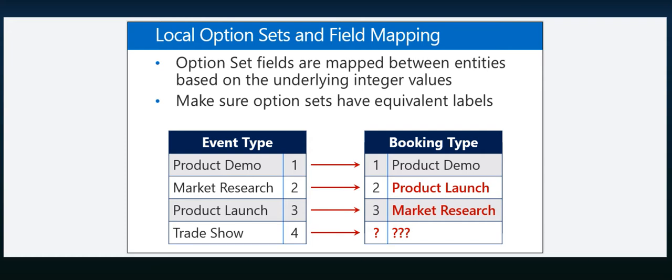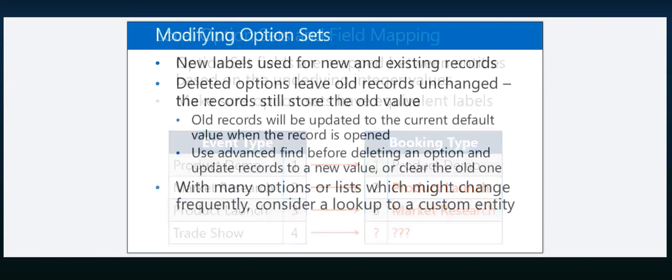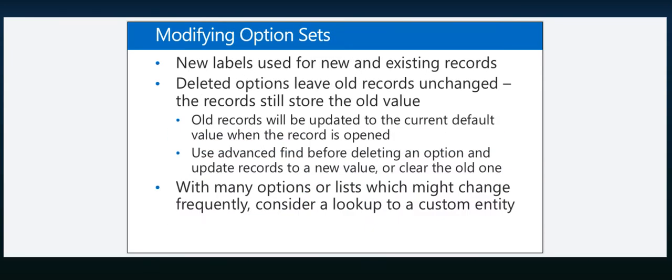I haven't seen that on entities. I've used it in dialogues, for example, where you can prompt users with different options, and then based on the integer you can set the value of the option set, which is a much more specific situation than actually mapping between entities. So in general, rule of thumb, and in my personal opinion, I would always create a global option set instead. So if you want to modify option sets, you can create